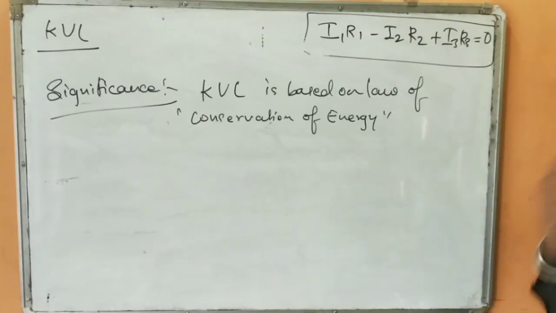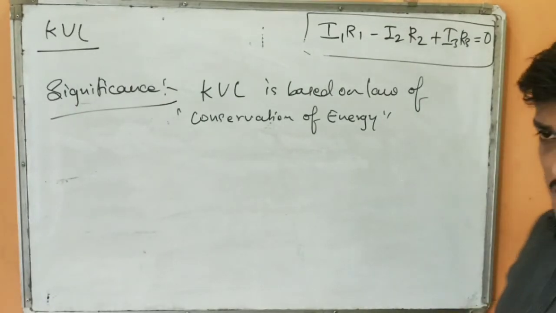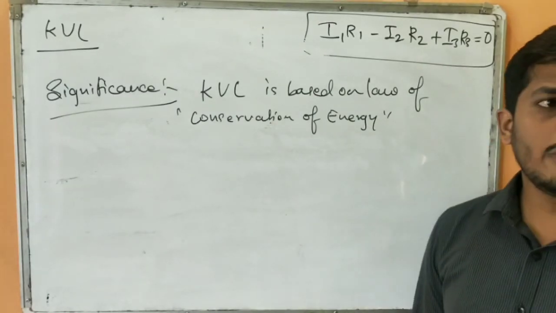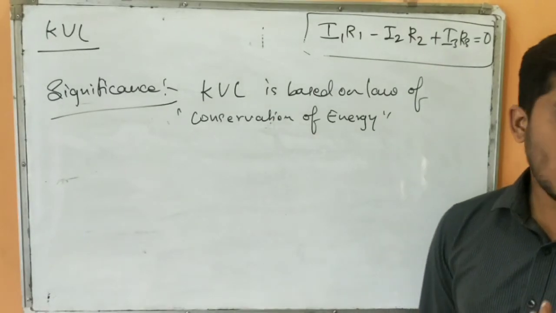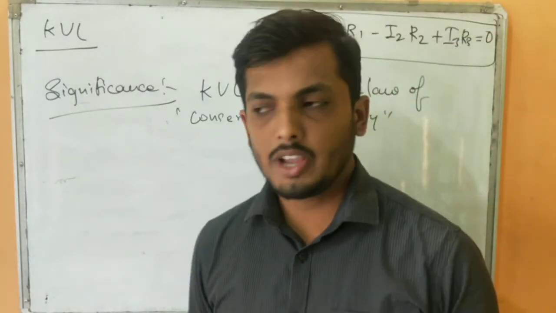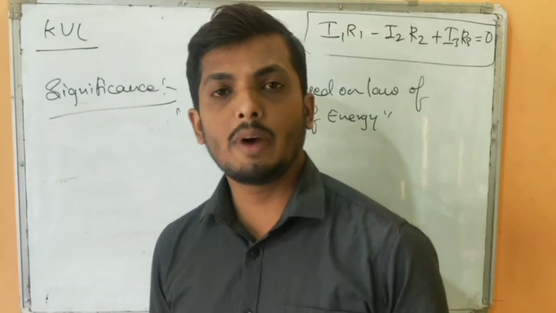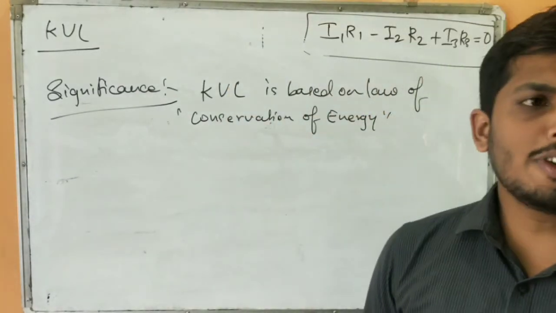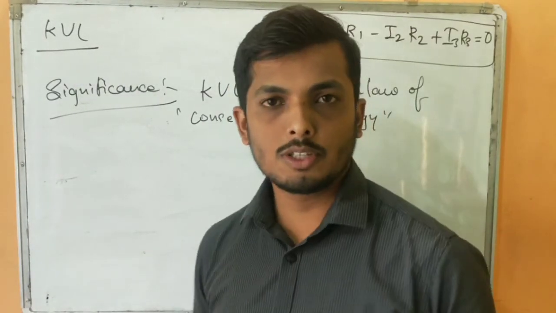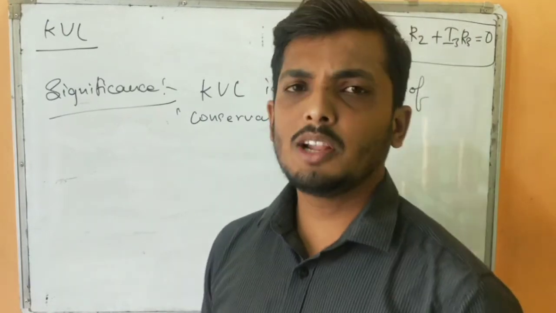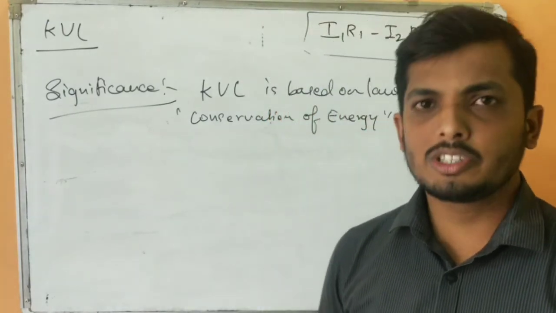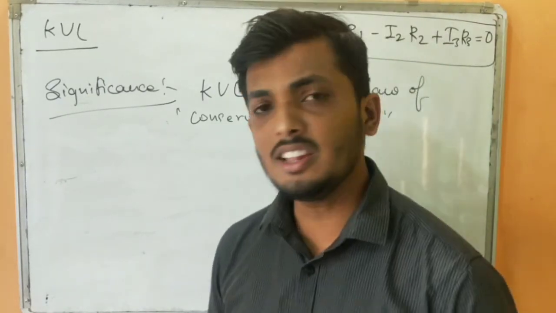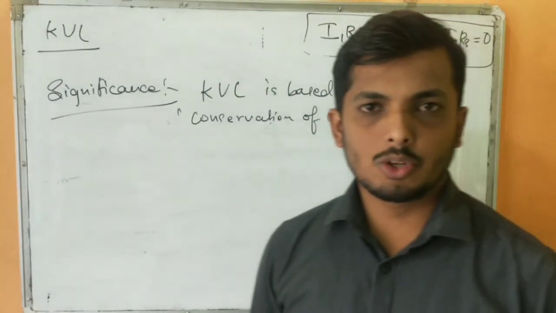Remember the loop rule. It states that the algebraic sum of the changes in potential around any closed loop involving resistors and cells will be 0. That we can reduce to I1R1 plus I2R2 minus I3R3 equals 0. Take care of the signs. The significance is that it helps you understand the law of conservation of energy, which seemed to be slightly violated when we were studying cells. But later, when we came to know the concept of internal resistance and terminal potential difference, it was not violating the law of conservation of energy.